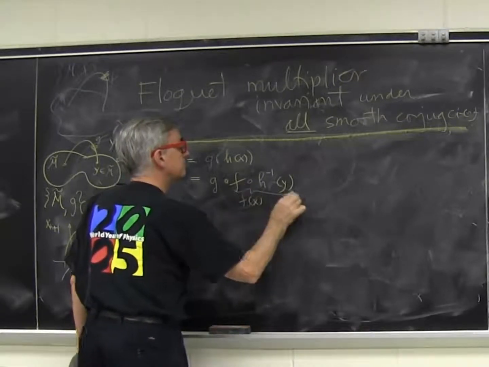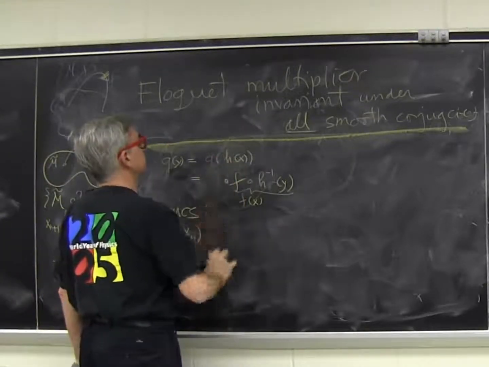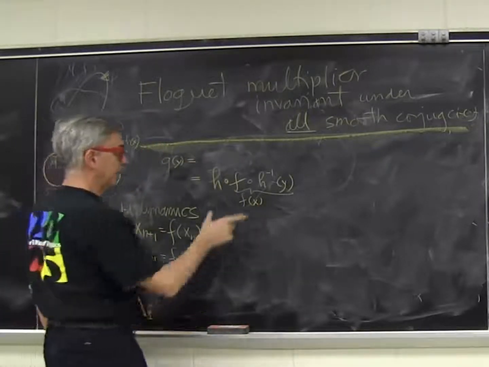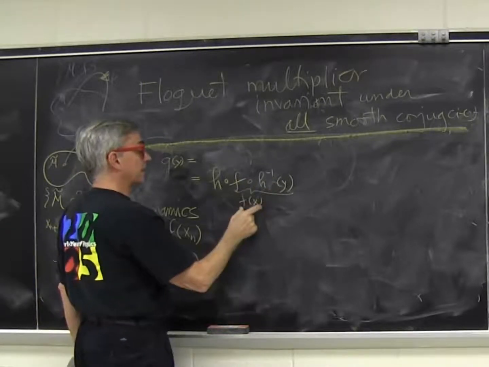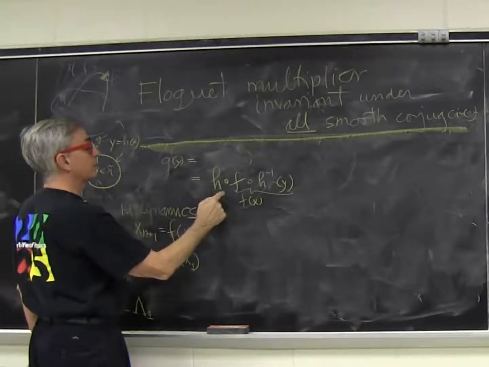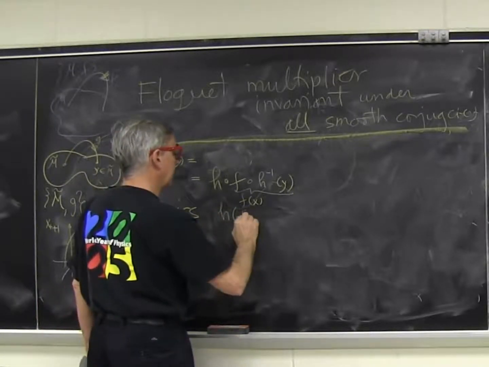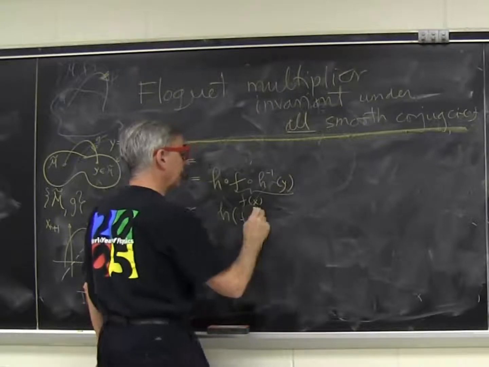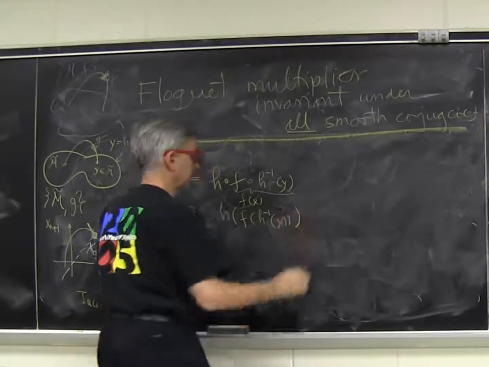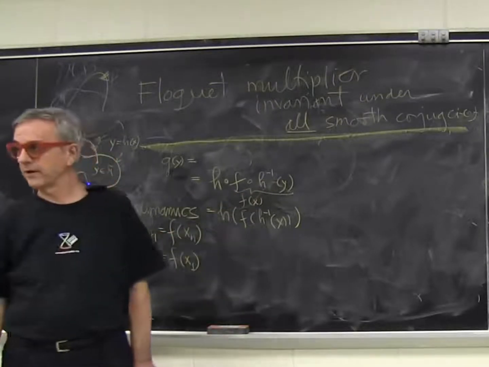So first it should be the h? This should be h. Thank you. Then I've gotten the result of my f operation in my coordinate x. So to come back to the y world, I have to change coordinates again, right? So this is h of f of, and x itself is h minus 1 of y. So are you happy now? But it's more elegantly written as a functional composition.